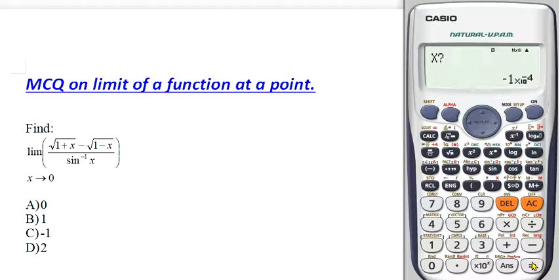Okay, you can take any value here. Let's take 0.00000001. Okay, let's see the value here. It is nearly equal to 1, and let's approach once again from the left hand side, 0.00001. Okay, exactly 1. Both the left hand side and the right hand side limits converge to a single point, 1, so the limiting value is 1. In this method we can solve limit related problems on the scientific calculator.